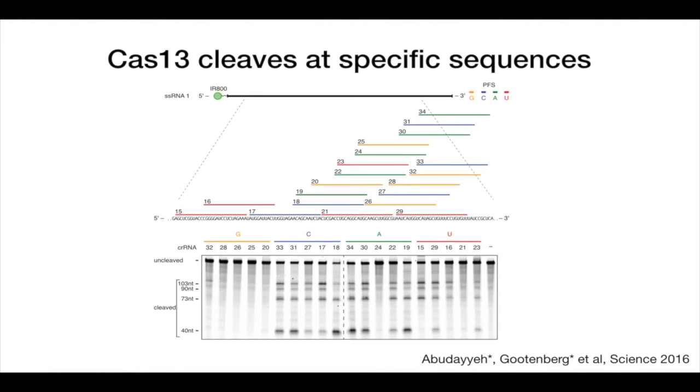But it doesn't matter where these guide RNAs are targeting on the RNA, you end up with exactly the same cleavage pattern. And so what that suggests is that it's not cleaving in a recognition-site-specific way, but rather maybe in a motif or secondary-structure-specific way. And so we thought maybe if that's the case, different Cas13 family members might prefer different motifs. And therefore, we can find many of them that cleave in different orthogonal motifs to be able to multiplex it.